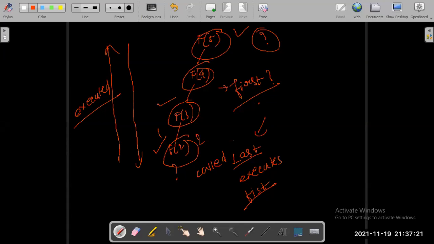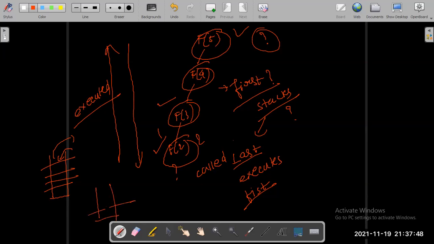Any relation with stacks? In stack, what happens? Whatever element comes at the last goes out first. Similarly, in recursion, whatever function is called last executes first.